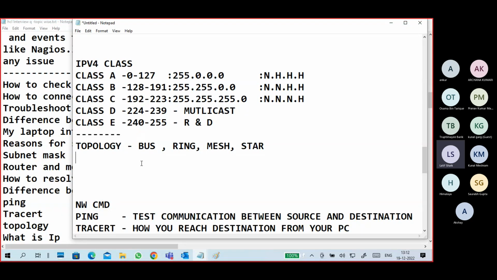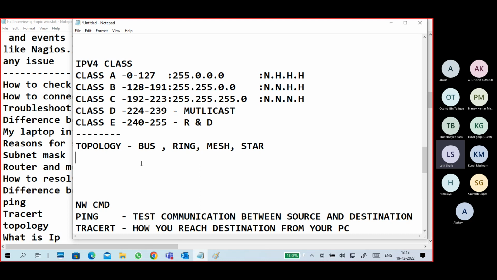Mesh topology means every device is connected to all other devices. For example, I have 10 devices. One device is connected to all remaining 9 devices. Like that, every device is connected to all other devices. Star topology. There is a centralized device like a hub or a switch.